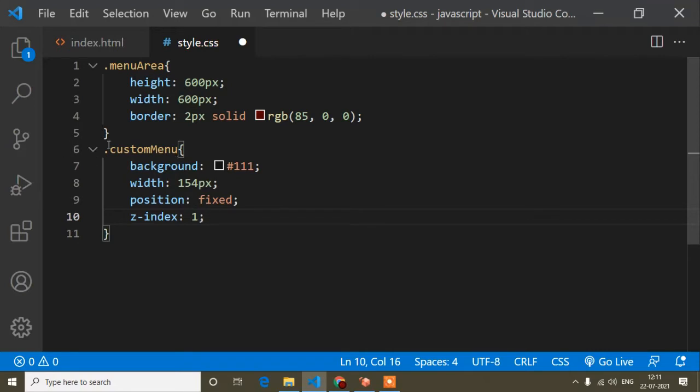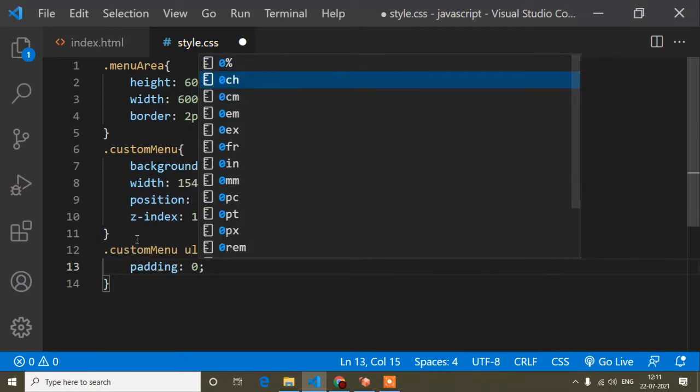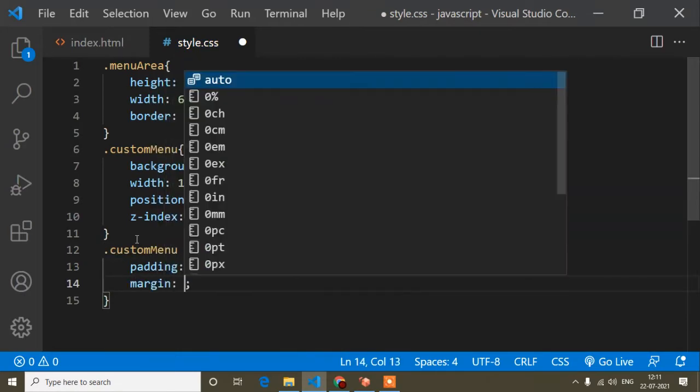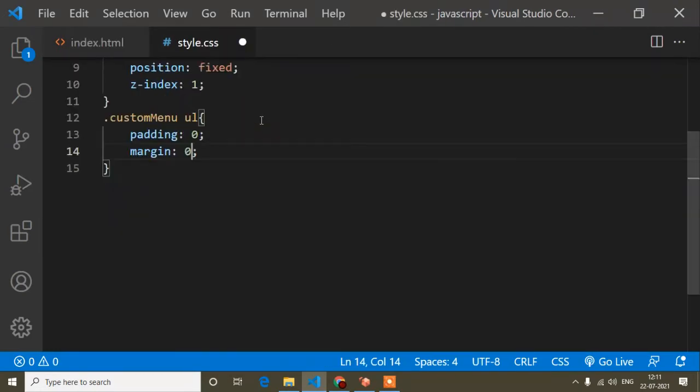Okay, and now I will add the design for the ul tag. So padding is 0 and margin is 0, because guys, you can see inside this custom menu there is the ul, after that li. Now I will add the design for the li tag, so custom menu ul and li.